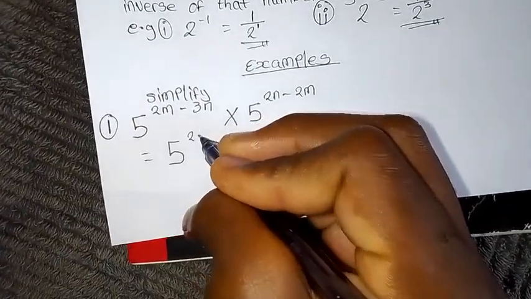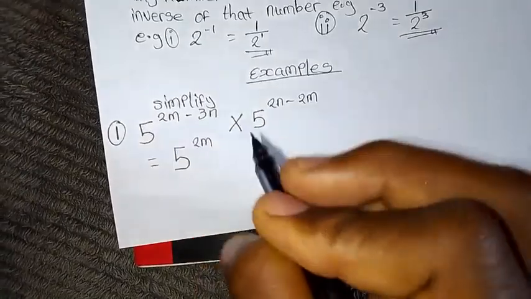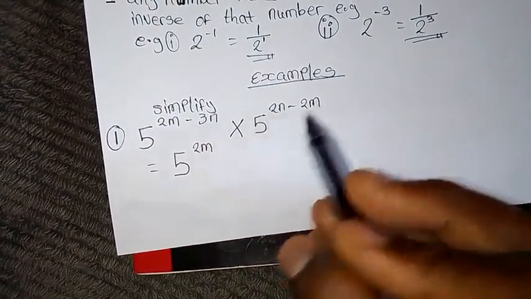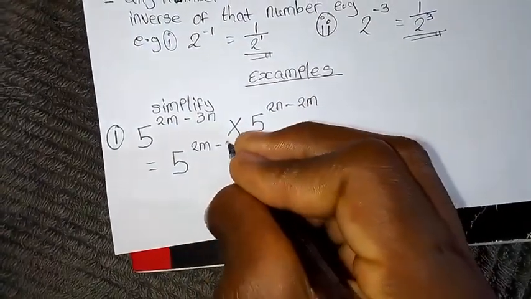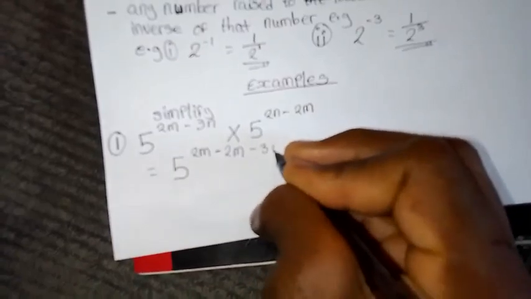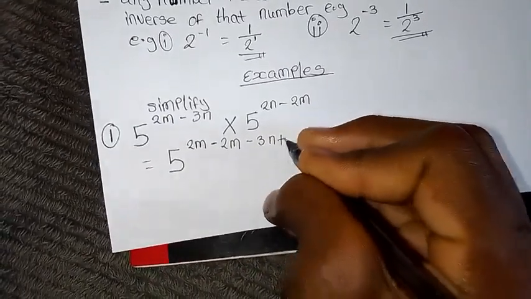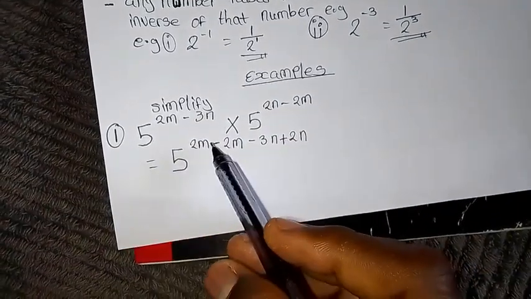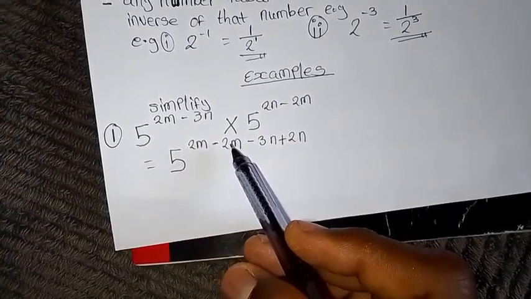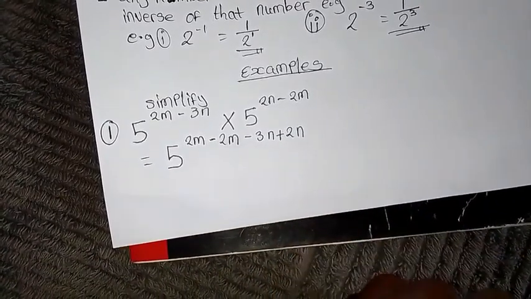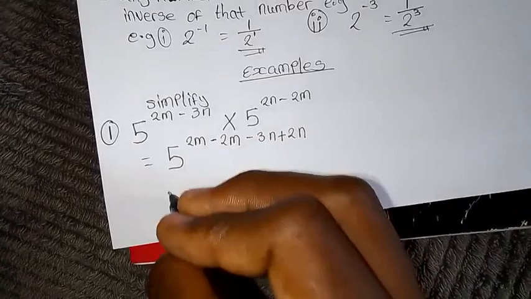So the powers, we're going to add them. So 2m, we group the like terms, so we get 2m minus 2m, minus 3n plus 2n. So 2m minus 2m is 0. Negative 3n plus 2n is negative n. So this is going to equal